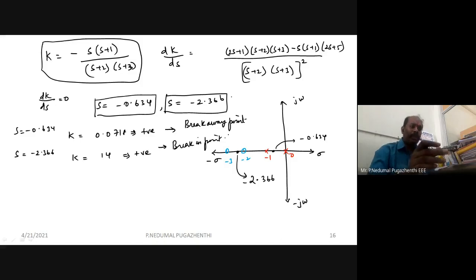So what is a breakaway point? The point between adjacent poles is called a breakaway point, where the root locus starting from the poles comes there, meet each other, then go away to meet the zeros at infinity or some finite zero somewhere else. What is the break-in point? Somewhere from the poles, the root locus branches start and they try to come and meet at a point, then they leave to meet the zeros, finite zeros or infinite zeros. The point where they meet and leave to zeros, you call it a break-in point. And the points where they meet and leave away from poles, we call it breakaway. So we have both breakaway and break-in here.